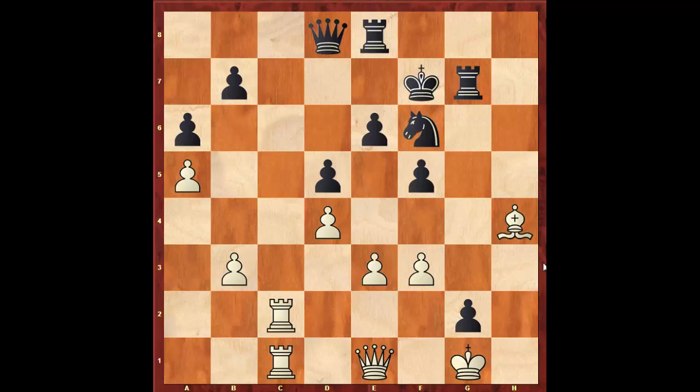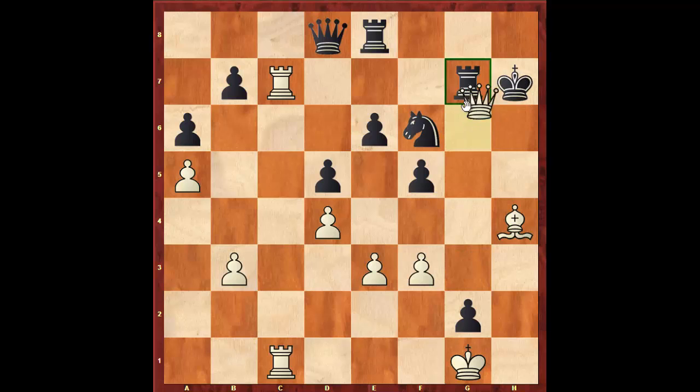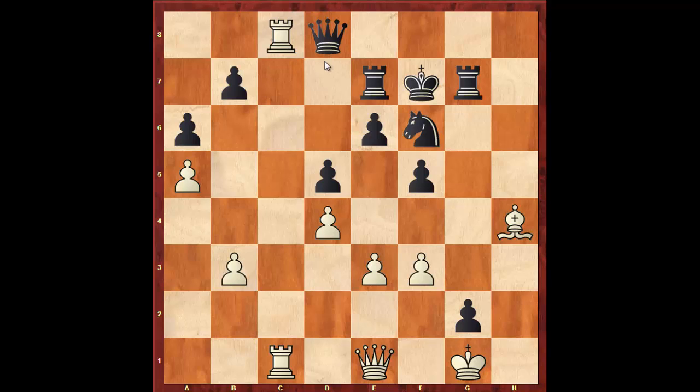So h takes g2, rook c7, check, rook e7. If the king goes there, then queen g3 wins on the spot. King moves, mate. So rook e7. Now rook c8, decisively penetrating the 8th rank, and the king has no way of